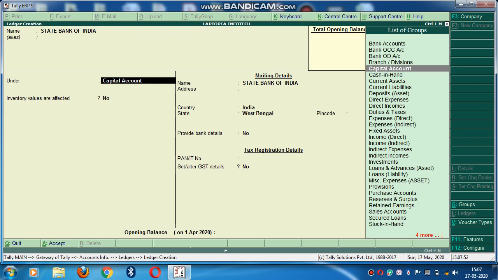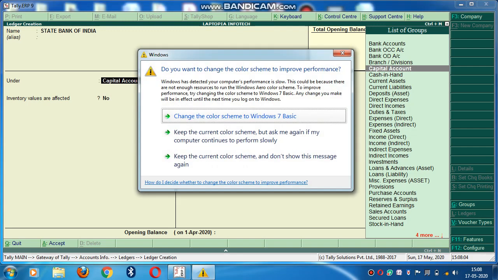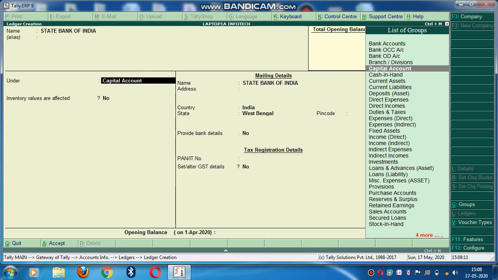Now, under. What's the meaning of under? Under means we take each and every posting in heads. I hope everyone knows there are heads in accounts, for example current assets, current liabilities, direct expenses.